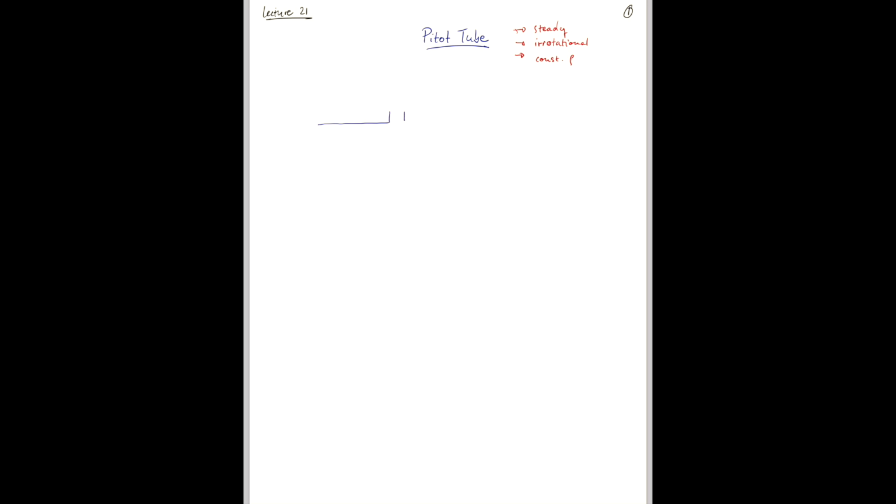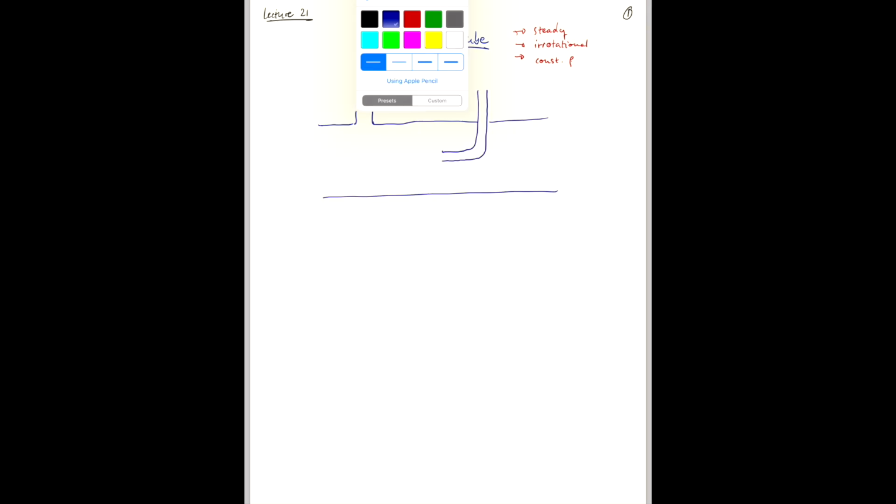So let me just sketch this out. So we'll consider 2 points here. The first one being upstream of the Pitot tube. This here is the Pitot tube. And there's an opening at this point x1, and then the second one being right here in front of the Pitot tube, right at the opening of the Pitot tube, and that's going to be x2. And these two lie on the same streamline. So we have a streamline here,